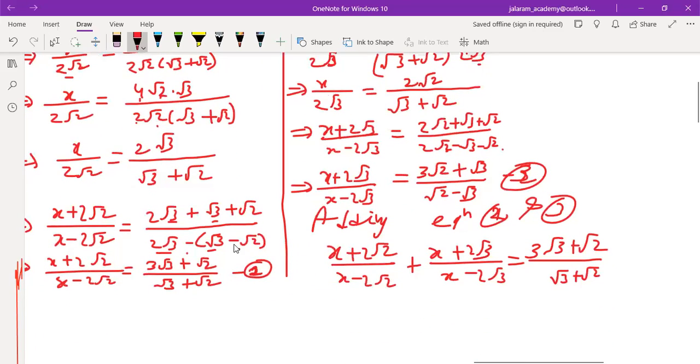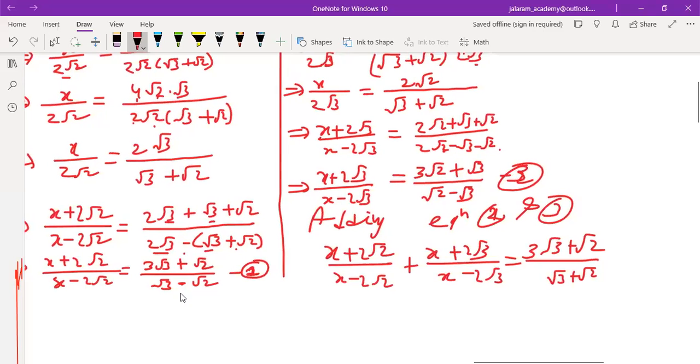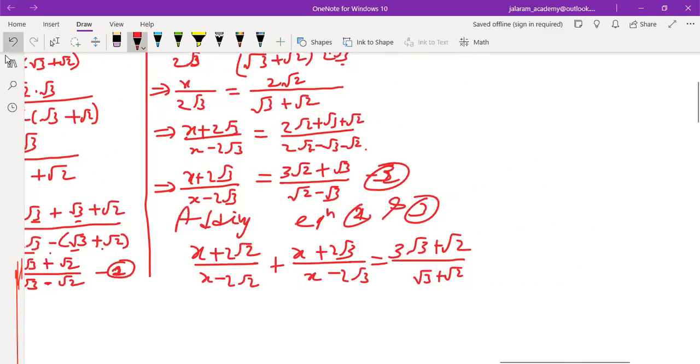Look at this. It must be plus. This must be minus. There was a calculation mistake again. So it also must be minus, and plus 3 root 2 plus root 3 over root 2 minus root 3. Now if we take the LCM,